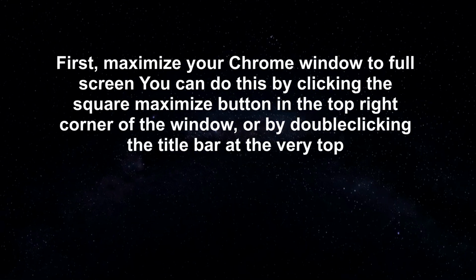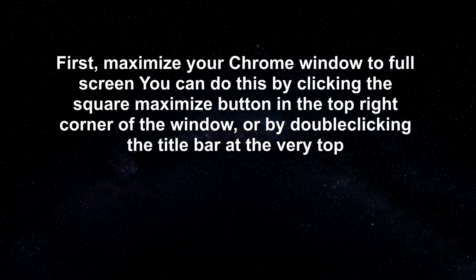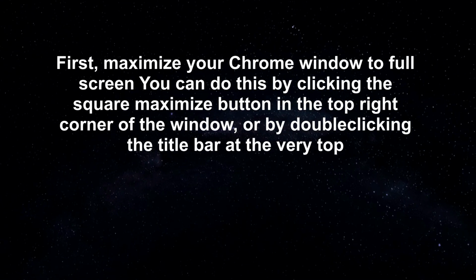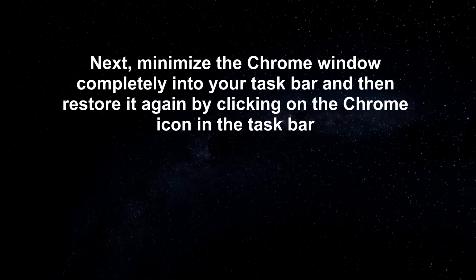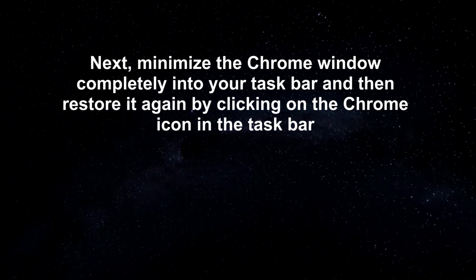You can do this by clicking the square maximize button in the top right corner of the window, or by double-clicking the title bar at the very top. Next, minimize the Chrome window completely into your taskbar and then restore it again by clicking on the Chrome icon